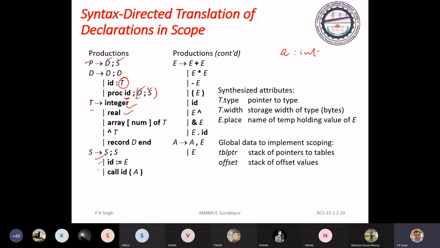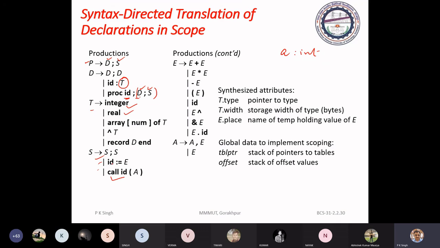We have several more statements, but these are just indicative. This is a recursive definition of statement, so you can define multiple statements. We have a statement that does the assignment of an expression, then function call, only two types.